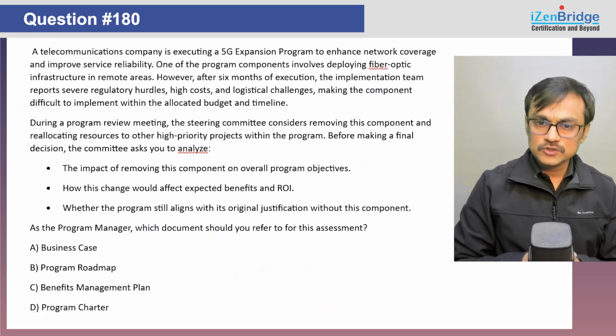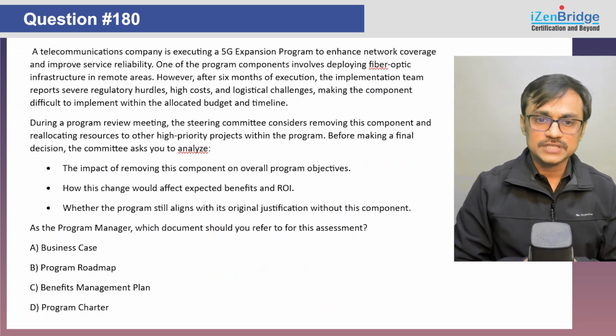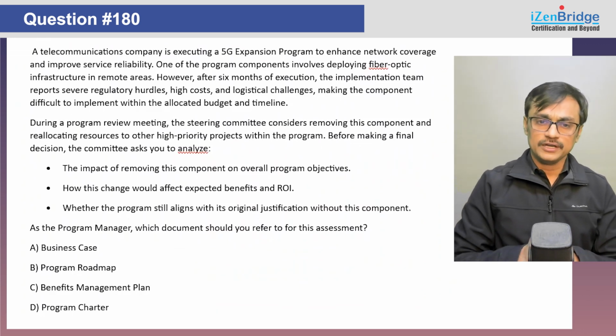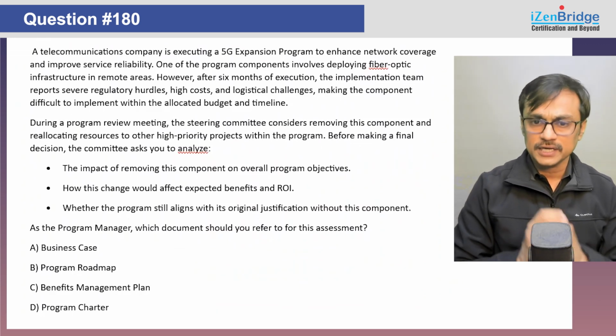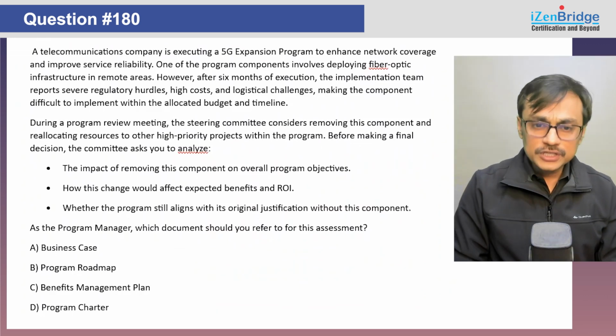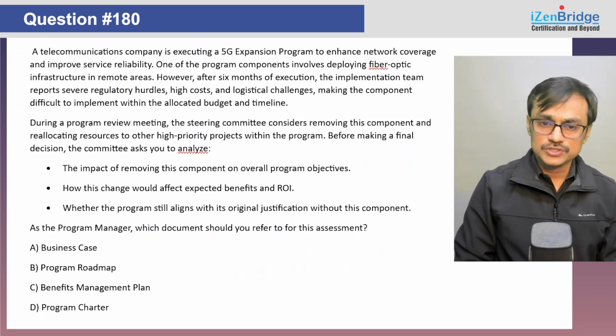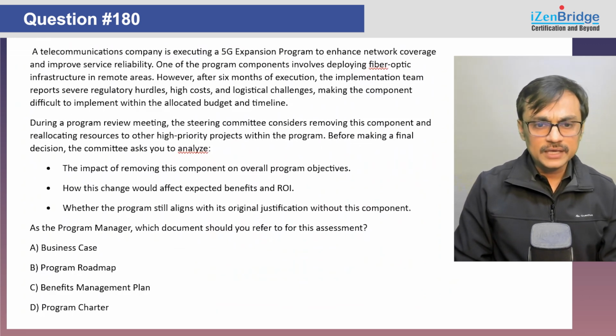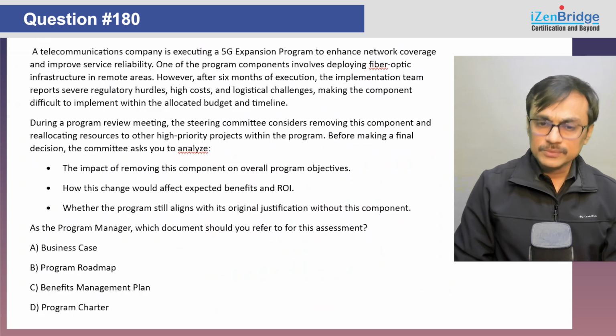However, after 6 months of execution, the implementation team reports several regulatory hurdles, high cost, and logistic challenges, making the component difficult to implement within the allocated budget and timeline. During the program review, the steering committee considered removing this component and reallocating resources to other high priority projects within the program. Before making a final decision, the committee asks you to analyze the impact of removing this component